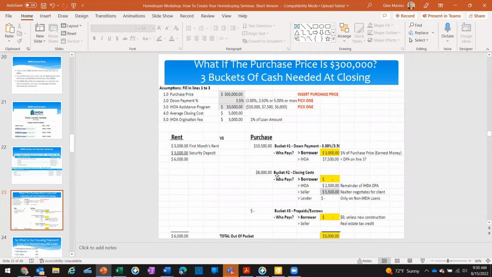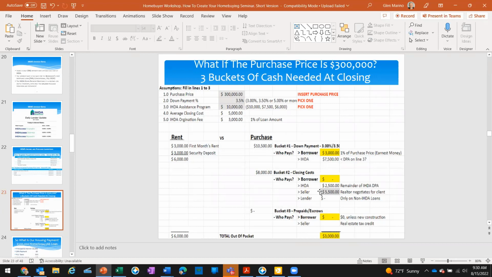Again, for every bucket we must say who pays. Well, the borrower could pay, but we would prefer them not to pay. So who can pay? Well, let's go down the line. IDA, remember we had 10,000. You used 7,500 in bucket number 1, so we've got $2,500 still remaining. So we need another $5,500 to make up the $8,000 bucket. Well, this is where the realtor negotiates for the client. They either willingly negotiate, meaning the seller is willing to give them $5,500, or the realtor can, after a table of expectation is met, after you come together on